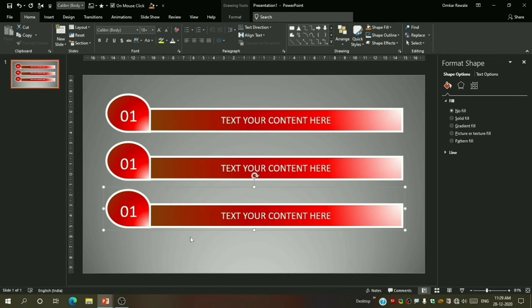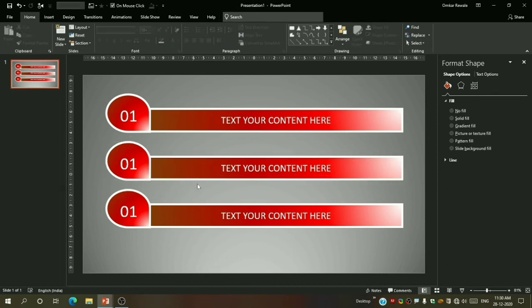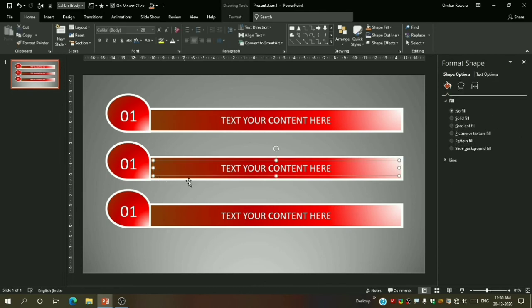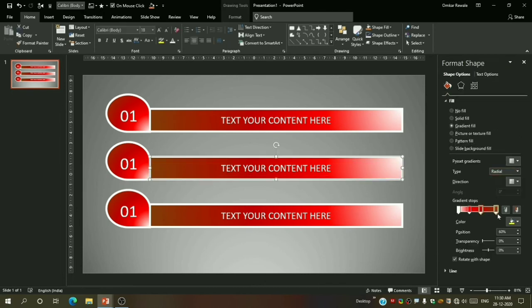Okay. So now very simple thing, what you have to do, you have to just select them and then ungroup them first by pressing Ctrl plus Shift plus G. This is another shortcut. Now I will just select this shape and change its color.